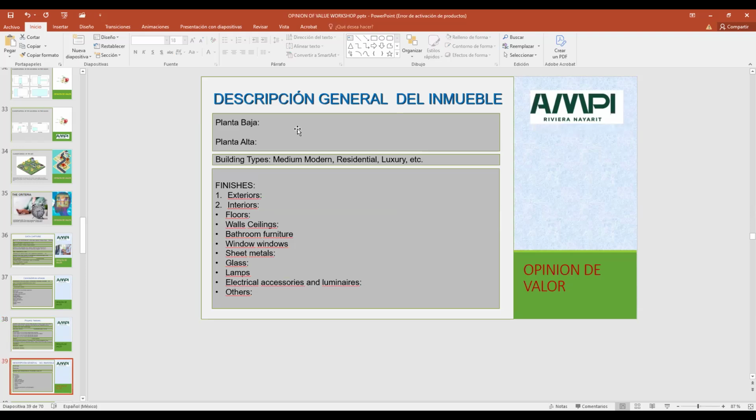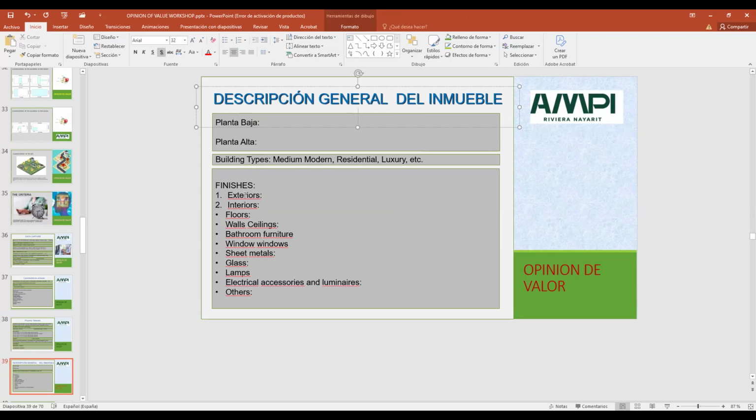General information of the property, the description of the property. For example, how many bedrooms, how many kitchens, whatever, all the description. The building types. You need to learn how to figure out what kind of style it has.